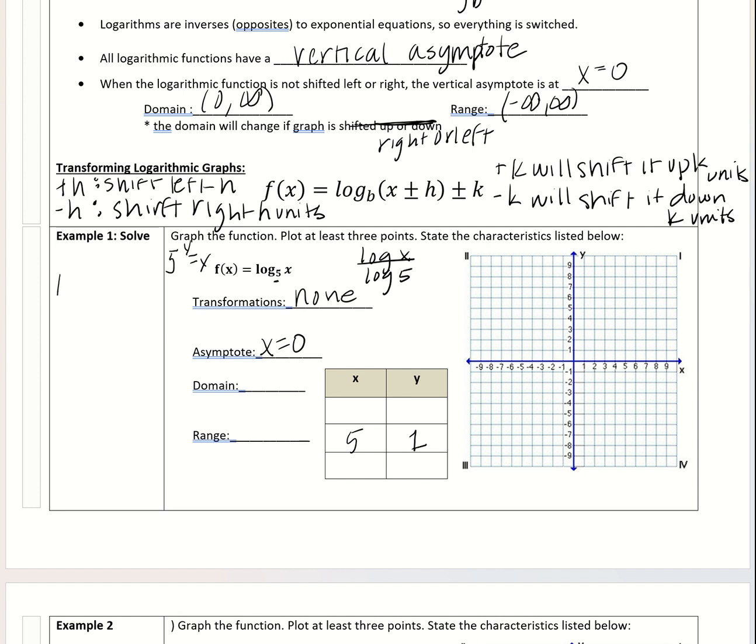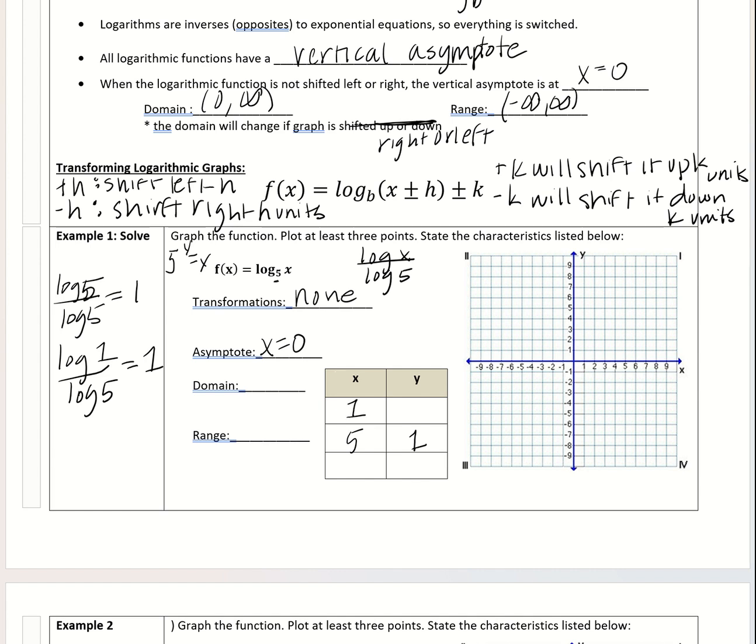So again, for change of base, I did log 5 divided by log 5 in my calculator, and that got me 1. And then now I'm going to pick a couple more numbers. You also want to use 1, because when you do log 1 divided by log 5, that's going to give you